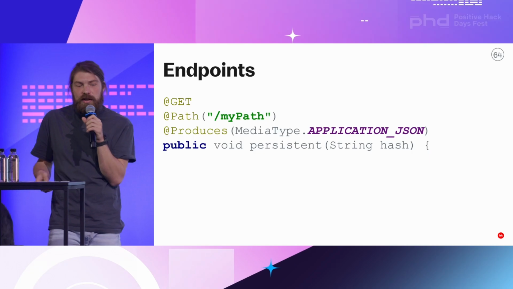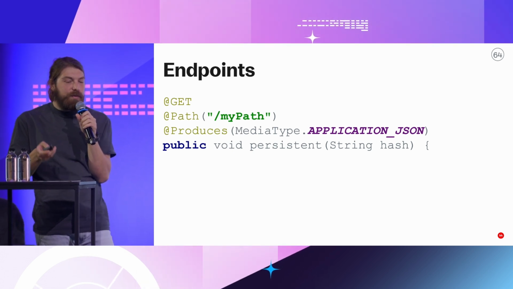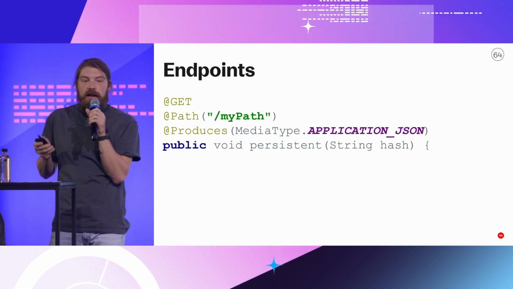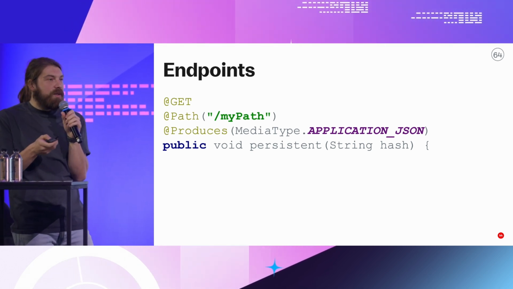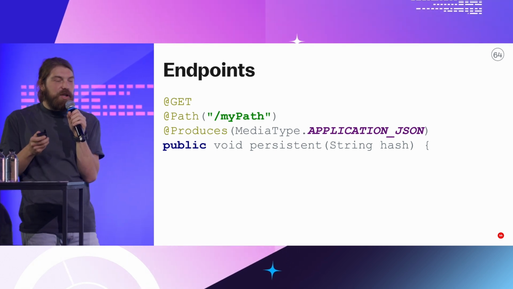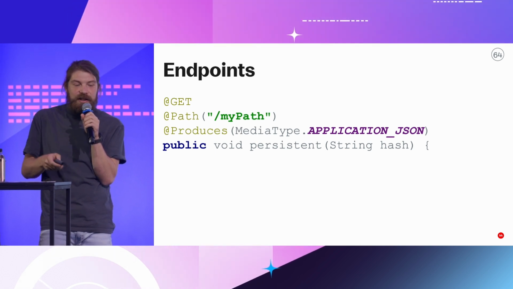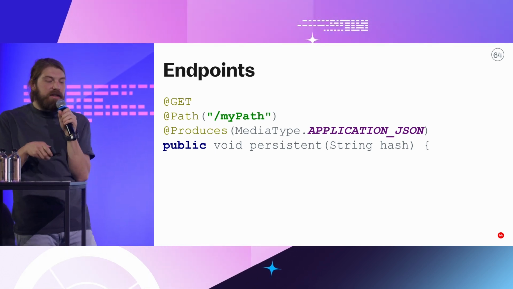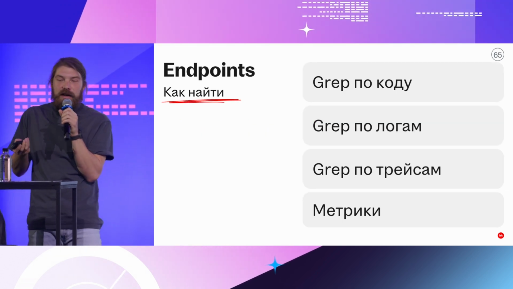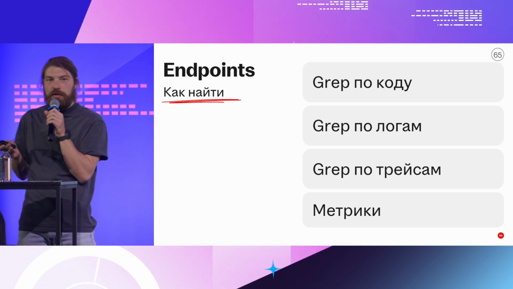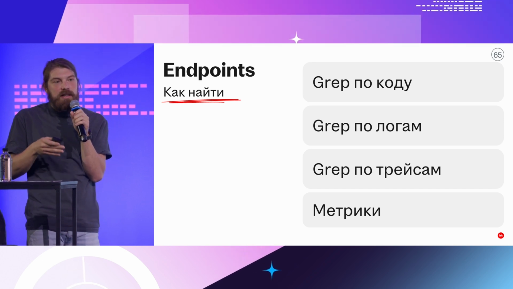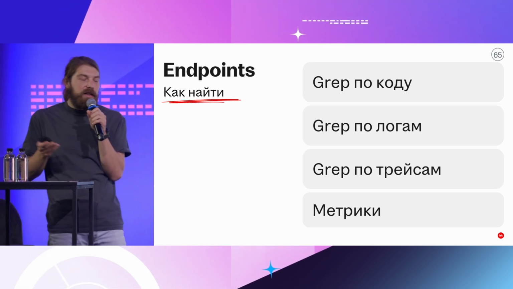Another thing about tracing: the search of endpoints. It's quite a typical controller on Java being added. So you go to the tool, you get some parameter, and you need to understand how it's used in production. Maybe you want to delete it or refactor it. You need to understand where you can touch it. Some people have API systems. We don't have an API system, so one has to find another way to look. What are the options? You can just do a code-based grep. You can, but subtleties